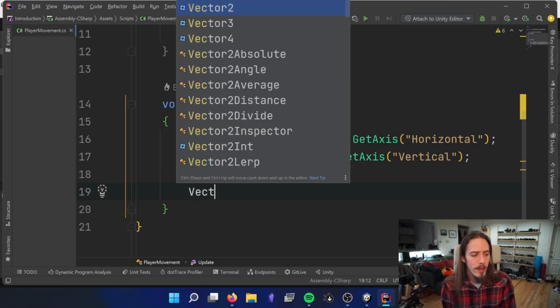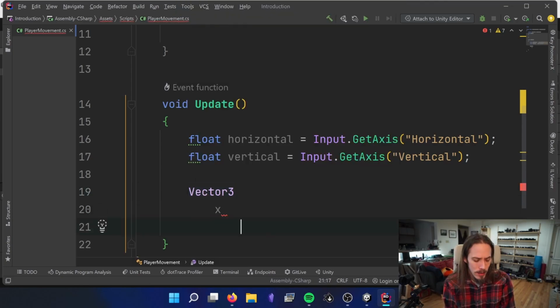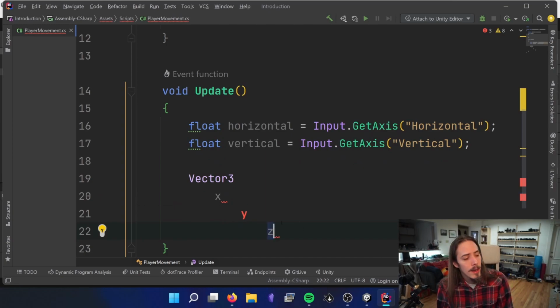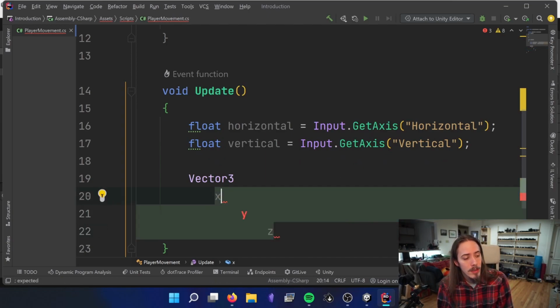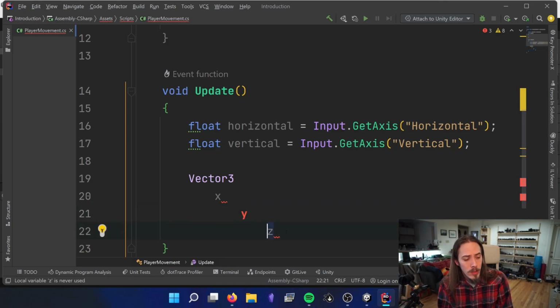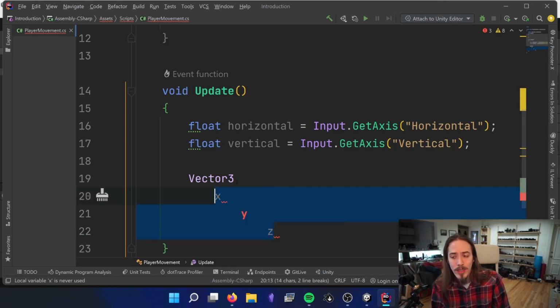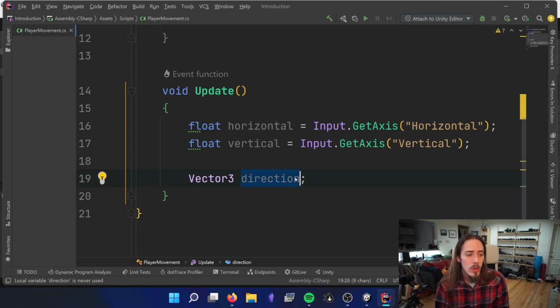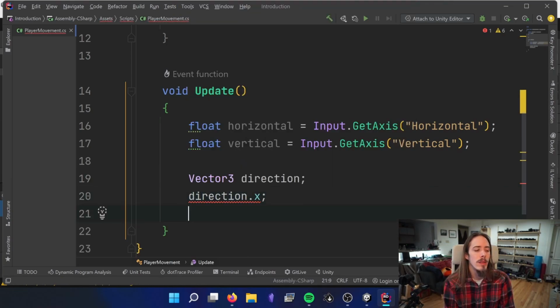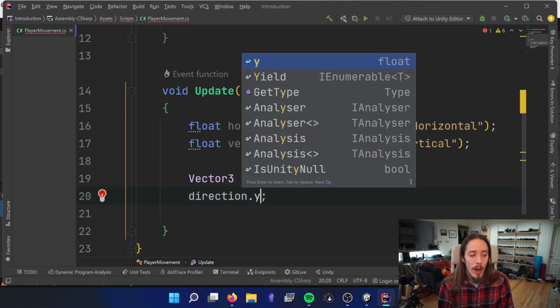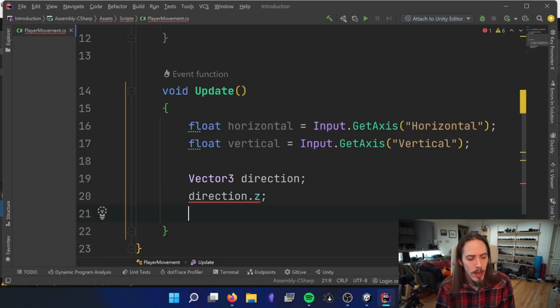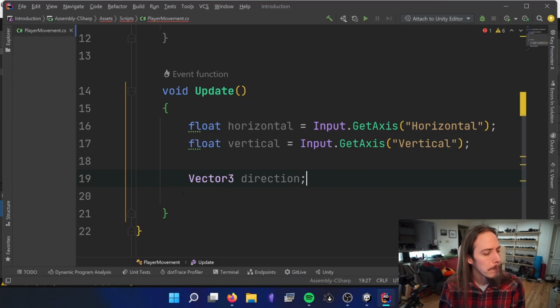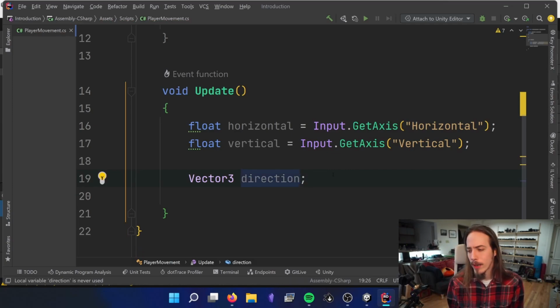The subvariables that a Vector3 has are x, y, and z, and it has three floats: a float value for x, a float value for y, a float value for z. We can store all three of these variables inside of one variable that we can give a name and use however we like. So if I create a Vector3 with a name, I can then grab its x float value, its y float value, or its z float value. It's giving me an error because I haven't created the variable yet. So to create a Vector3,